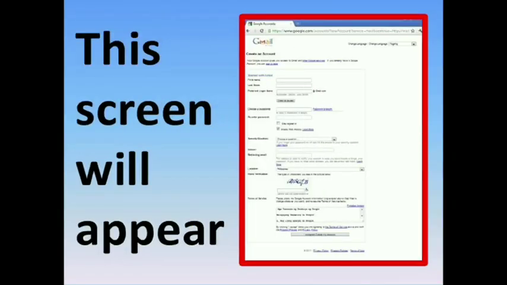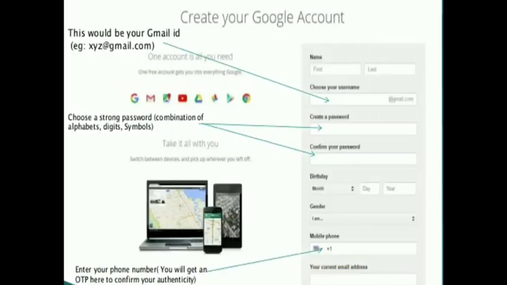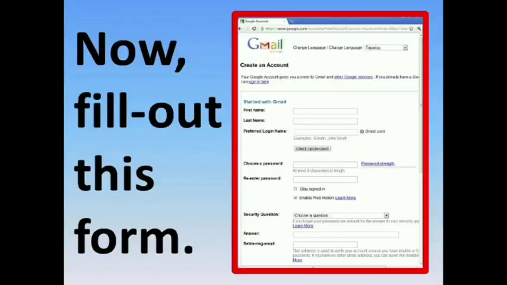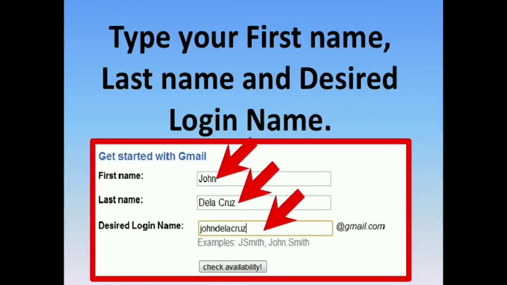Then this screen will appear. This is the form. You have to fill in your information in this form. The form asks for name, username, create password, confirm password, birthday, gender, and mobile phone number. You fill in the information, like first name, last name, username.